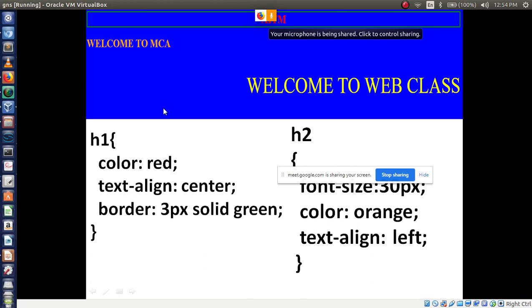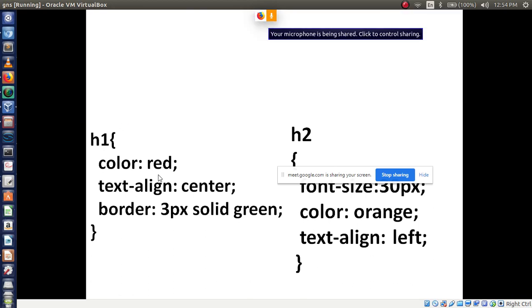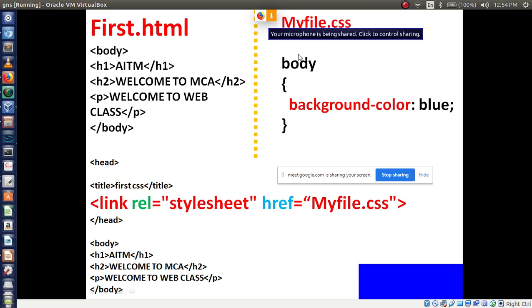So now first we will write h1. After writing myfile.css, you have written, I think, body and background color blue. Then again here, next step, you have to write h1, then open curly bracket, then write the below code. Are you understanding what I am telling?